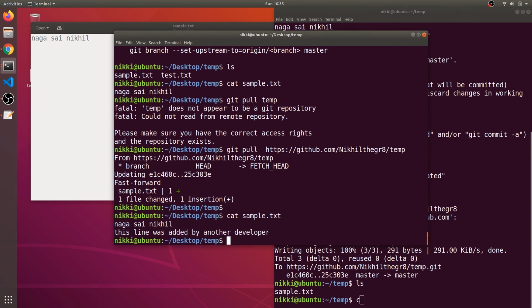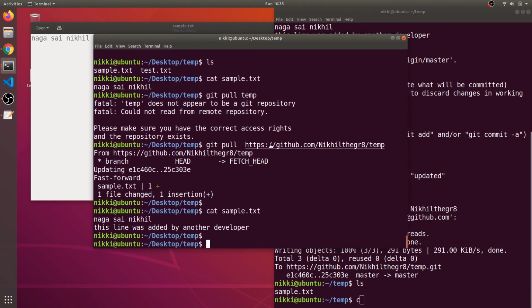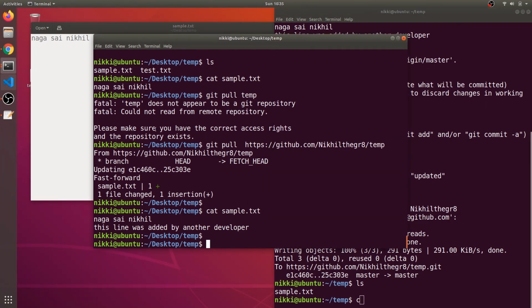This line was added by another developer. So sorry for all those errors, guys, because I use just normal Windows. I use only three commands: git add, commit, and push. But this is a recent installation of Ubuntu, and I installed git just before recording this video, so that's why I had to put some variables for the username and the password, so that the git software will store those permanently. You can check that out in Google about storing the username and the passwords.